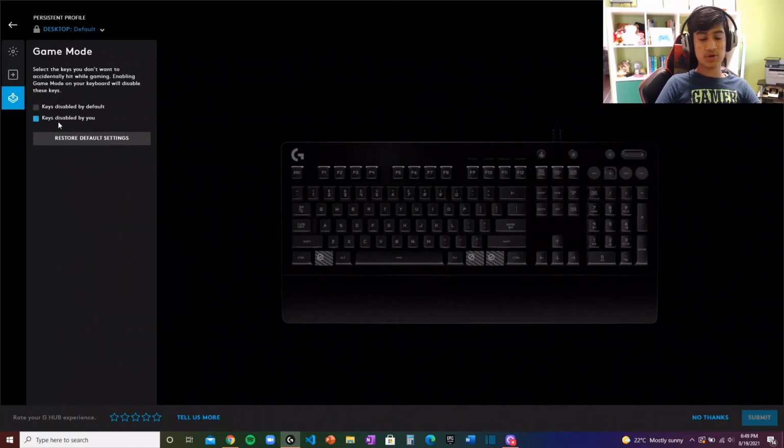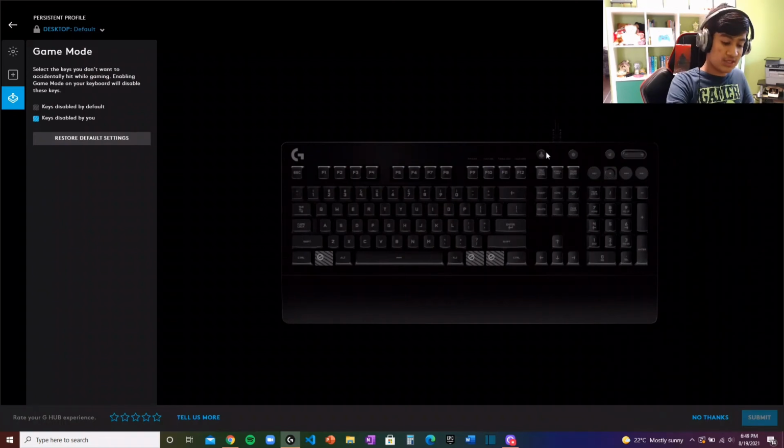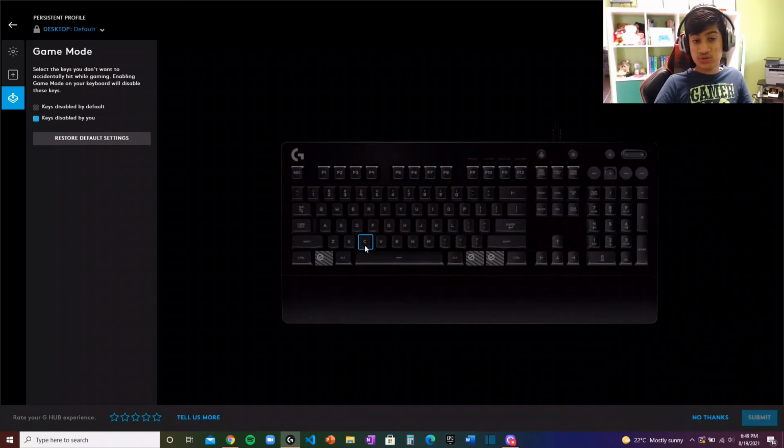Next, the game mode. So for those of you that don't know, game mode is basically this button here that you're gonna have on your keyboard. Every time you press that button, it triggers the keyboard to not use these selected keys. So for example, you're playing a game, you probably don't want yourself to hit the Windows key. You would then turn on game mode, and then once game mode is on, if you press the Windows key,